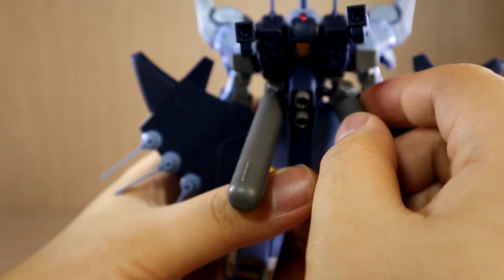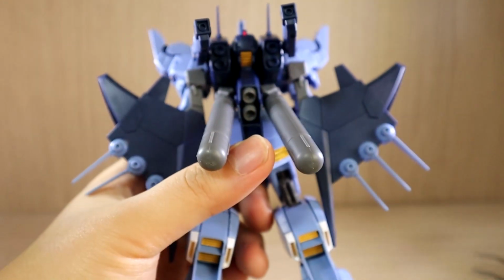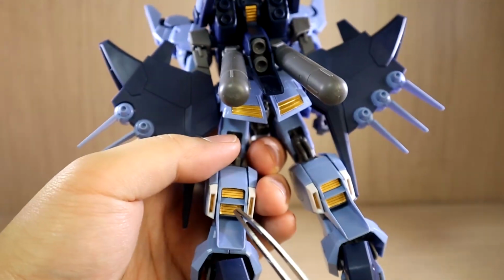And they're about to pop out. There we go. There we go. So you can pop those out if you don't like them. Here we have more stickers. We have another gold sticker here, and on the back skirt here, more gold sticker and more vent stickers right